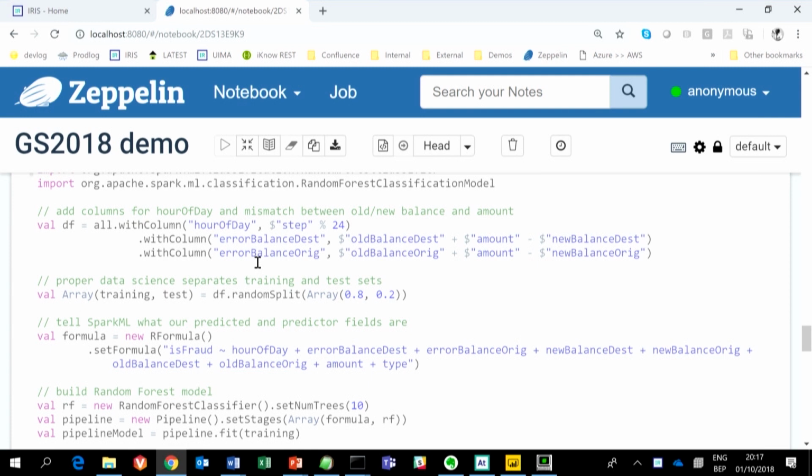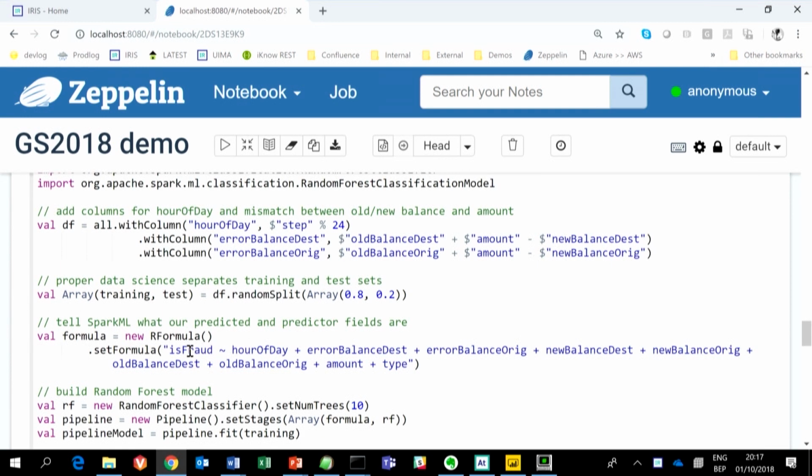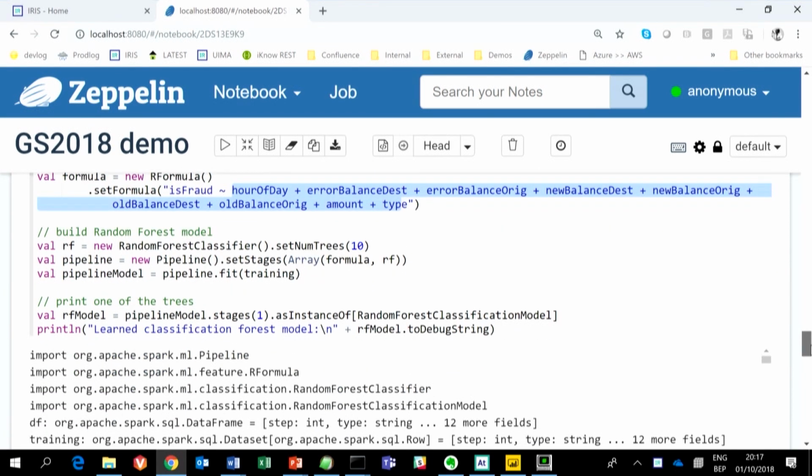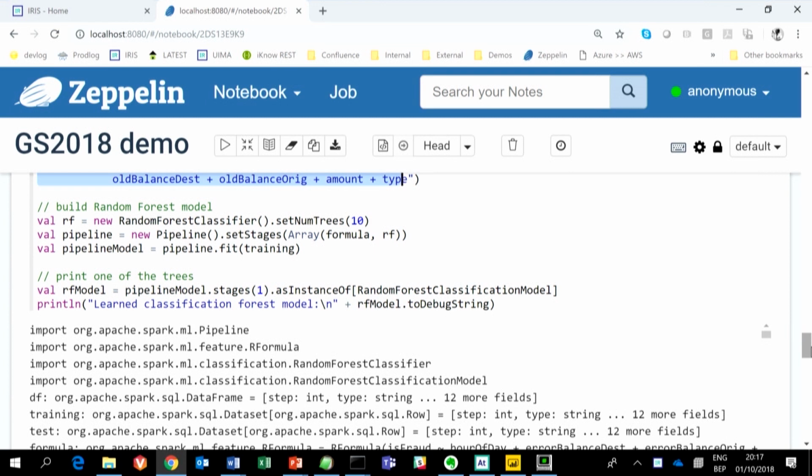We're going to split our data set into a training set and a test set, because every well-behaved data scientist does that to make sure that if you validate your model, you validate it with data that wasn't used to build it in the first place. So in order not to overfit your model, we're going to tell Spark what our predicted field is and what sort of input fields it can use. And then we're going to build a random forest model, which is actually a bunch of big if-then-else statements. So we combine those in a pipeline, fit that, and at the bottom here you'll see